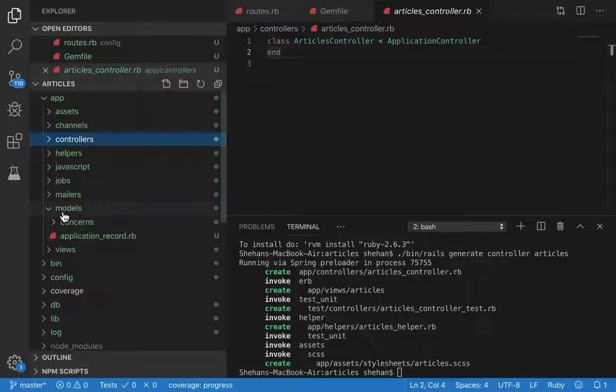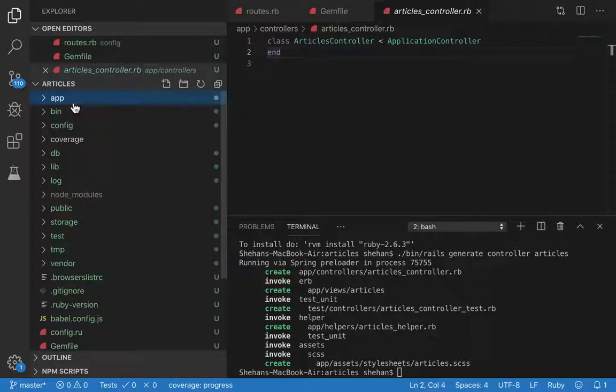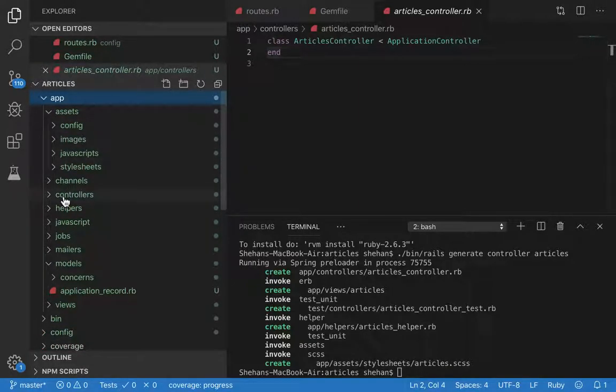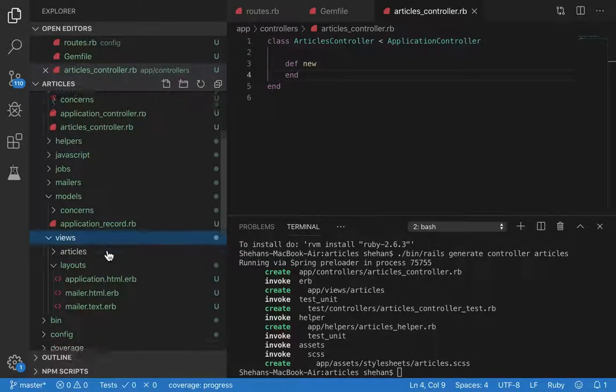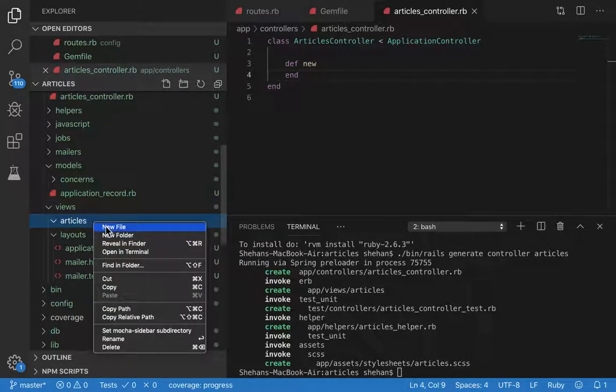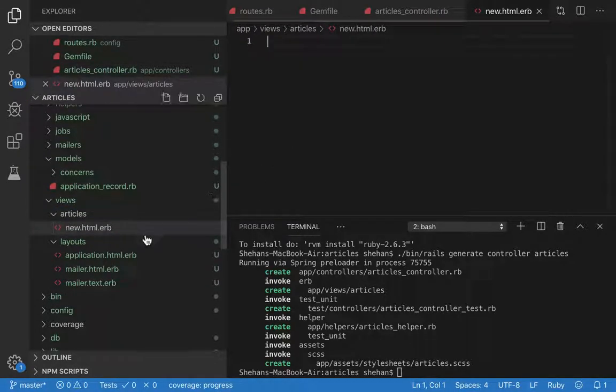Now, in the articles controller, we'll have a def new action, and since we have this here, we'll go to our views, and in articles we'll make a new file called new.html.erb. So this is a new article